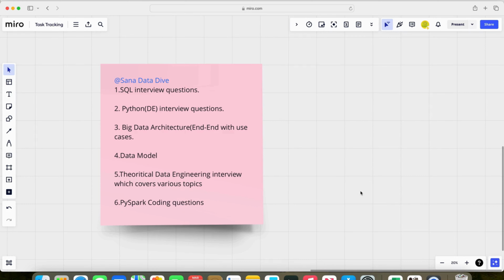From the questions I gathered so far, I'll be covering data engineer Python related questions, big data architecture taking a couple of use cases, and data models, again taking use cases and coming up with the SQL questions, theoretical data engineer interview questions which will cover various topics, and PySpark coding questions.